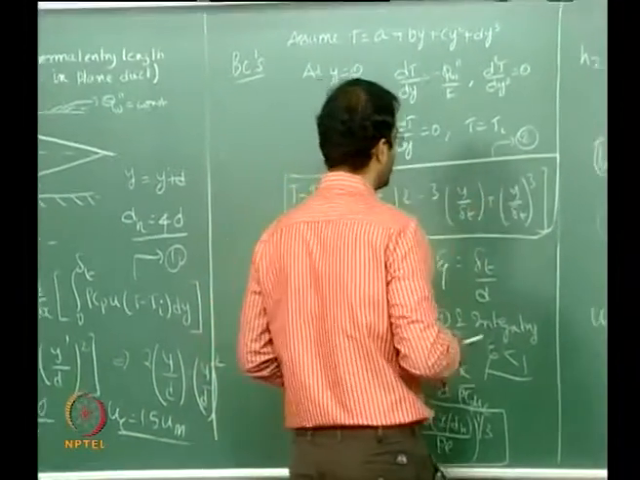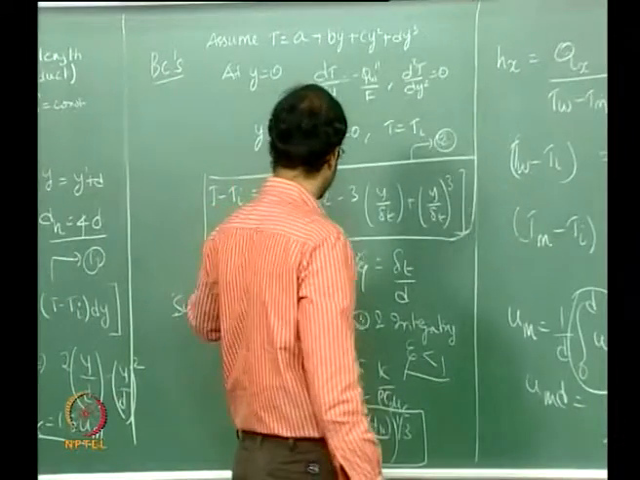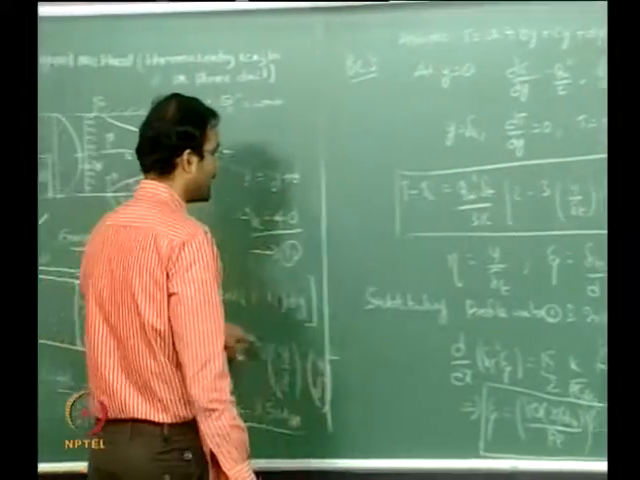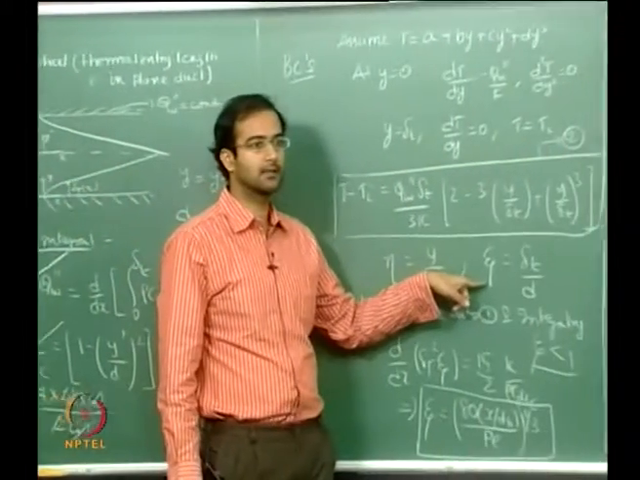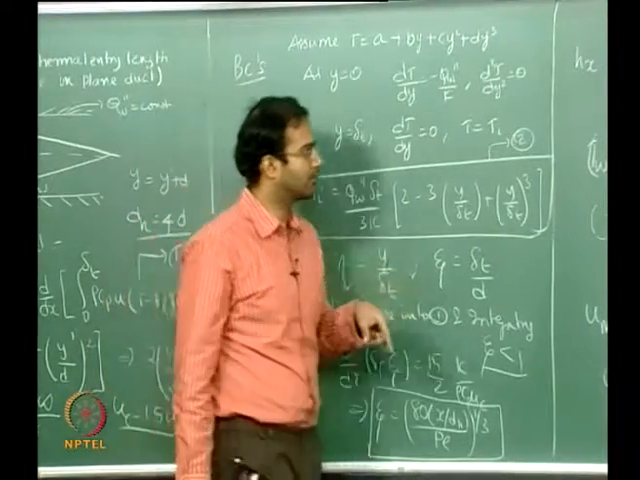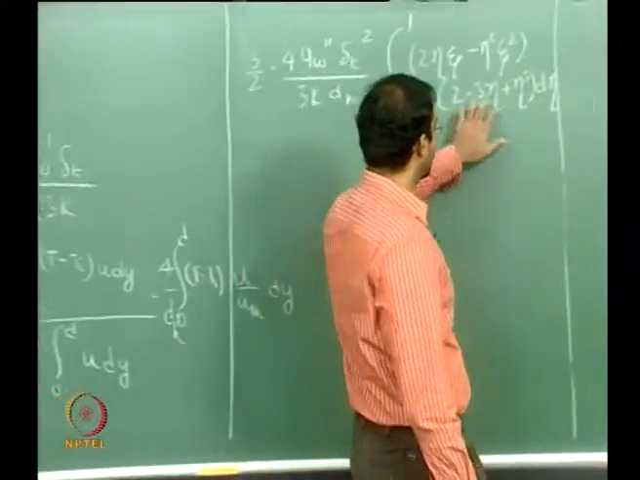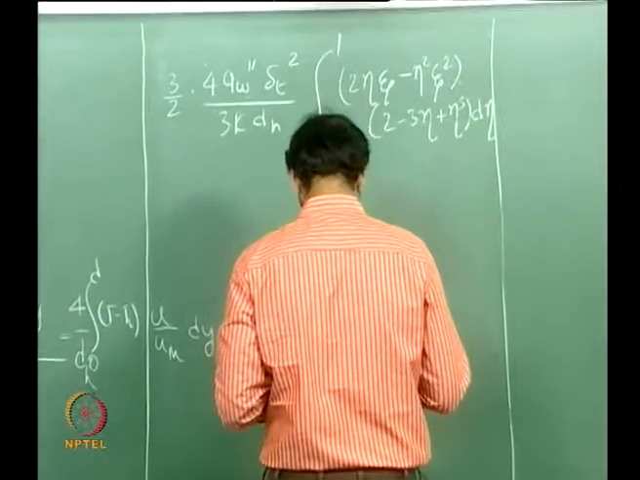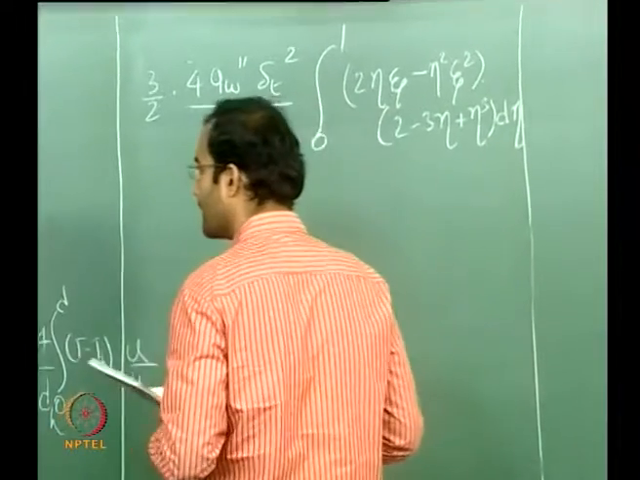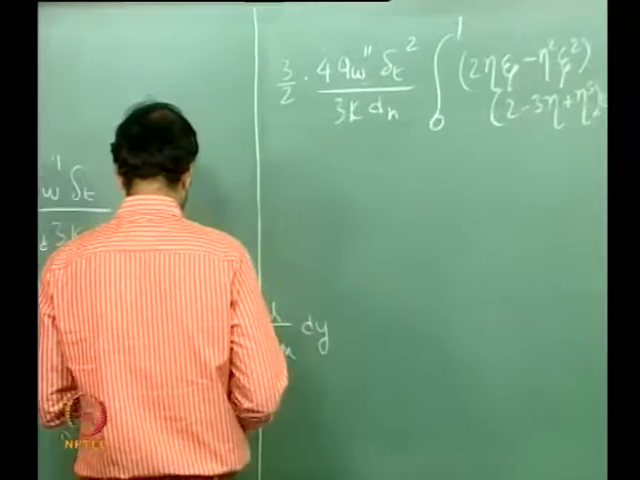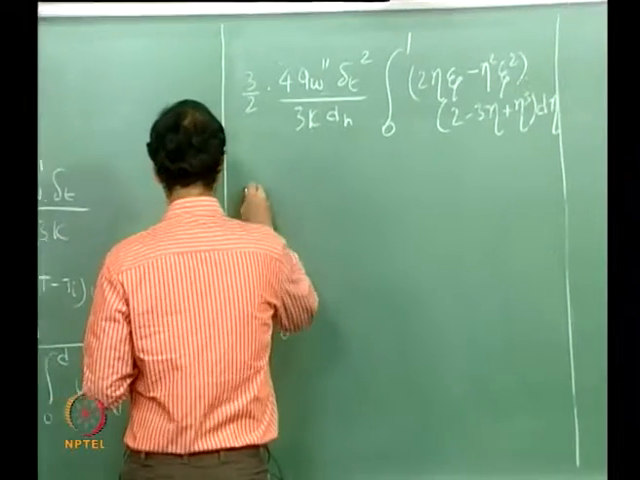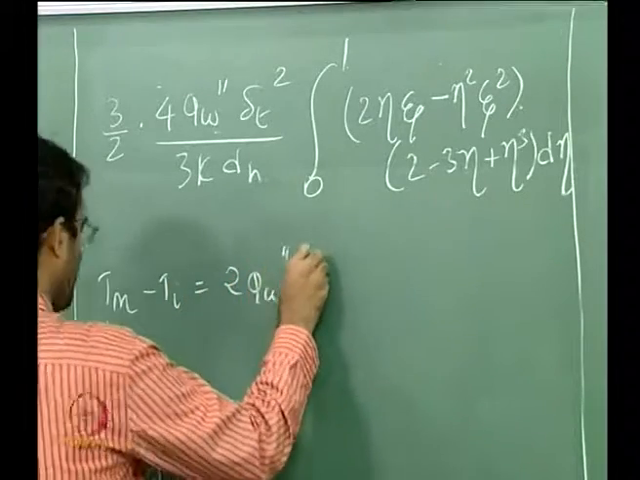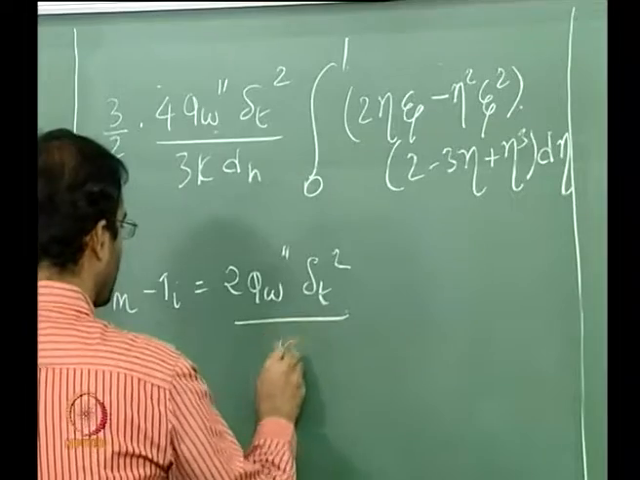Okay, so if you plug in for your temperature profile, which you already have here in terms of eta, so your y by delta t here can be expressed in terms of eta, and in case of your velocity profile, your y by d can be expressed as eta into zeta, right? So you plug it in terms of eta and zeta, and you integrate over the non-dimensional y coordinate, that is basically your eta, between 0 and 1. So this gives my expression for Tm minus Ti as 2q double prime delta t square by k dh,